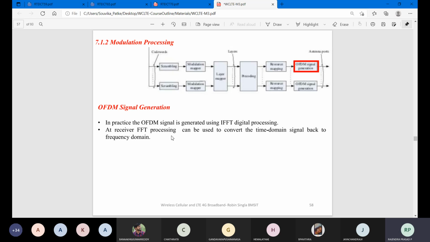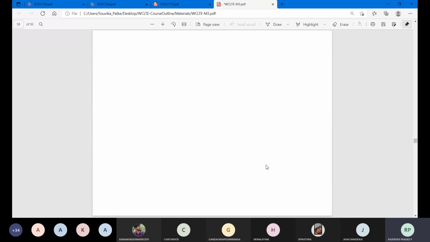At the receiver, FFT processing can be used to convert the time domain signal back to the frequency domain signal. That is ultimately what we are going to do. So even if you are receiving data in any format or type, when it comes to the OFDM part, it will be generated into a frequency slot. And during that frequency slot, we are able to transmit our information, which we have to observe.